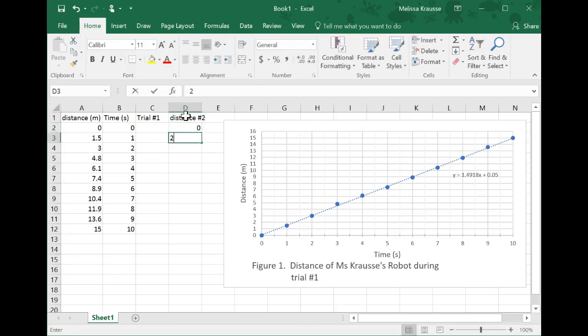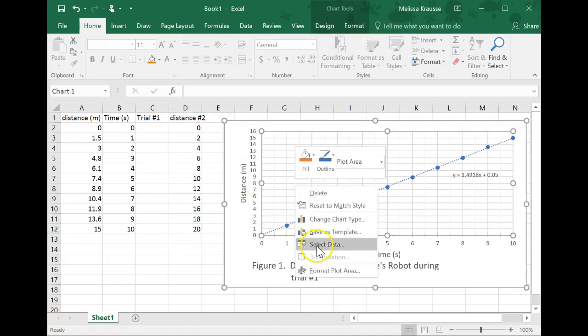Let's say these are 0, 2, 4, 6, 8, 10, 12. We're just going to make it really simple. 16, 18, 20. Okay. What we can do is click on the chart and go to select